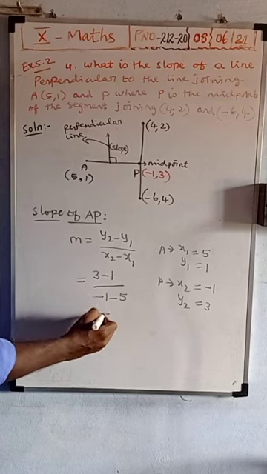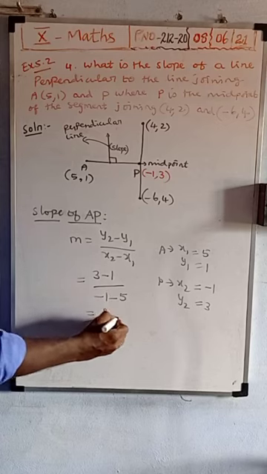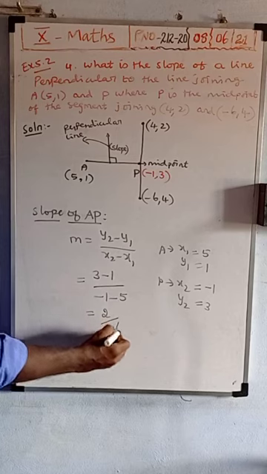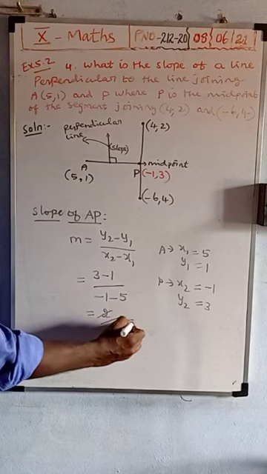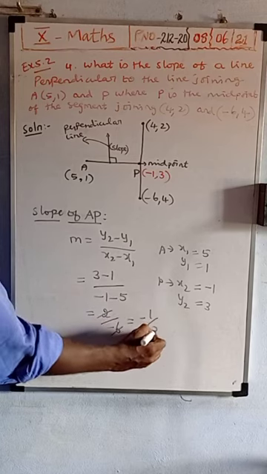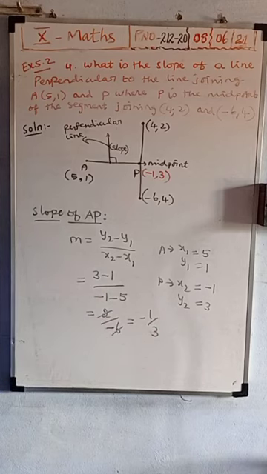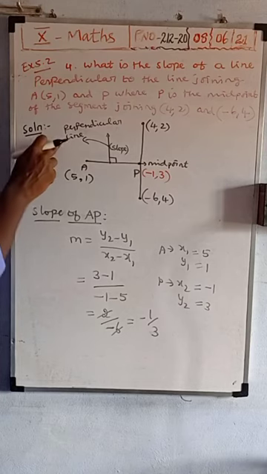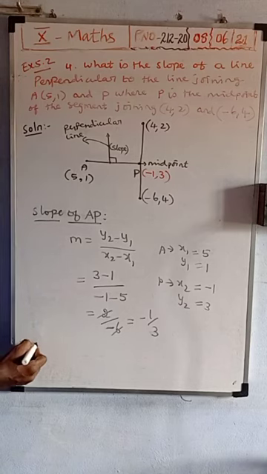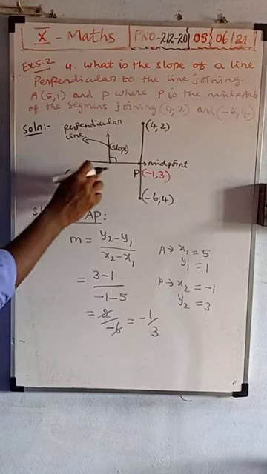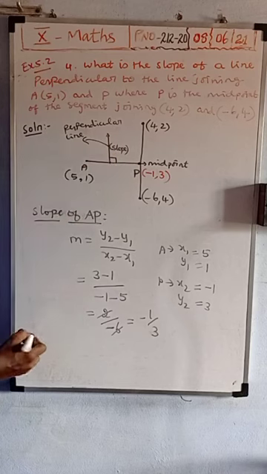So we will get 3 minus 1, 2. 2 divided by -6. We cancel. We will get -1 by 3. Denominator minus goes to numerator. That means 2 ones are 2, 2 threes are 6. So -1 by 3. So slope of AP we received -1 by 3, but we need the perpendicular line. Here this line AP is perpendicular to this line. Therefore,